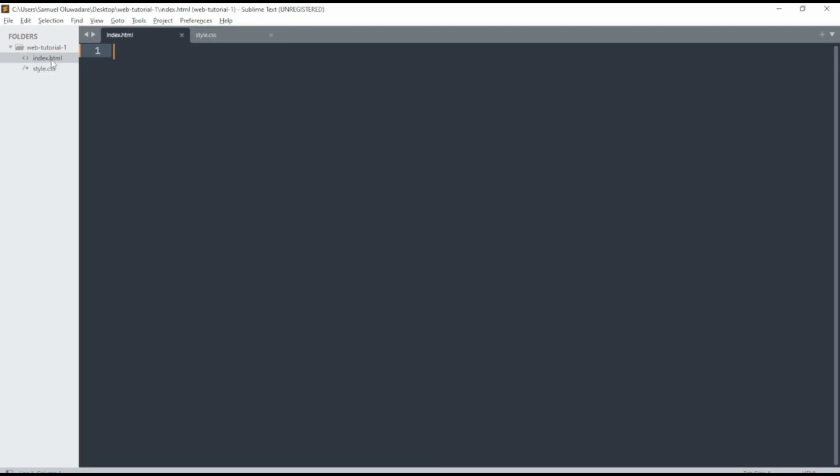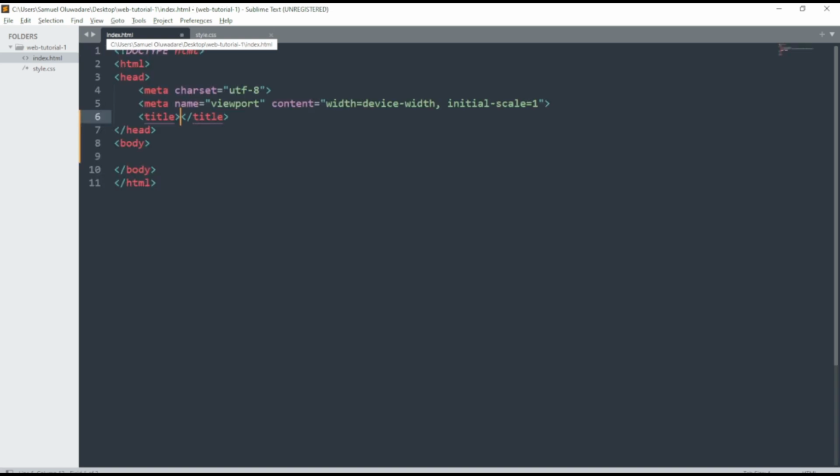As you can see, I have set up a folder and in it we have HTML and CSS files. So let's get started. Type HTML, then press tab. Then let's change the title of the program to navigation bar. Next, let's put some content in the body,